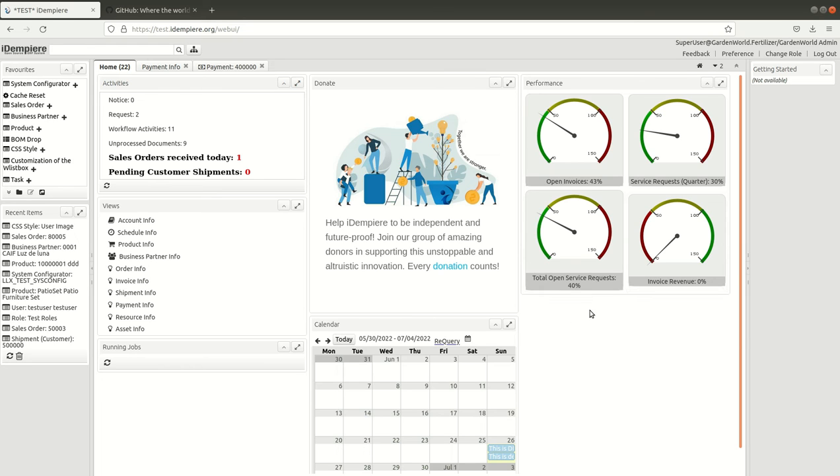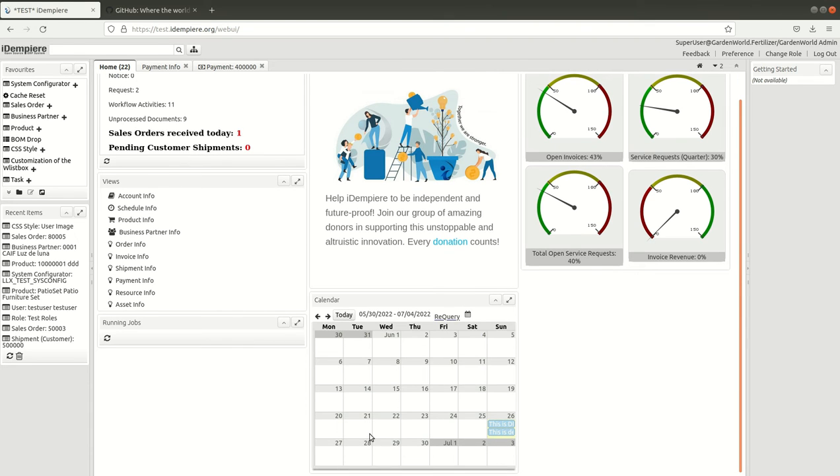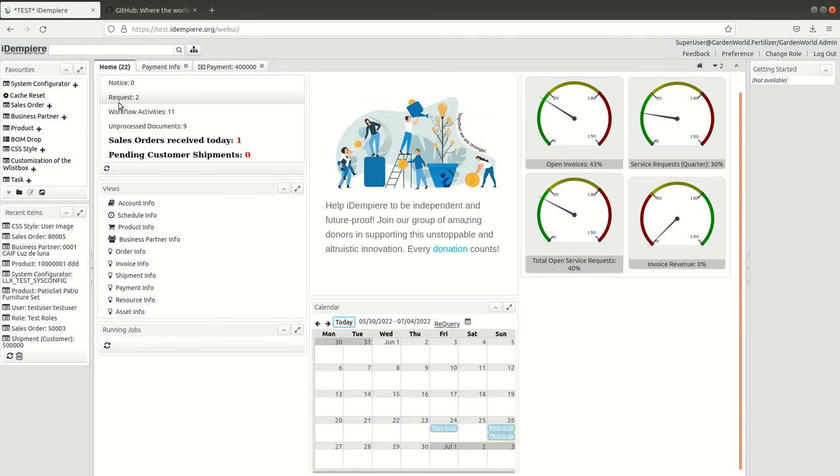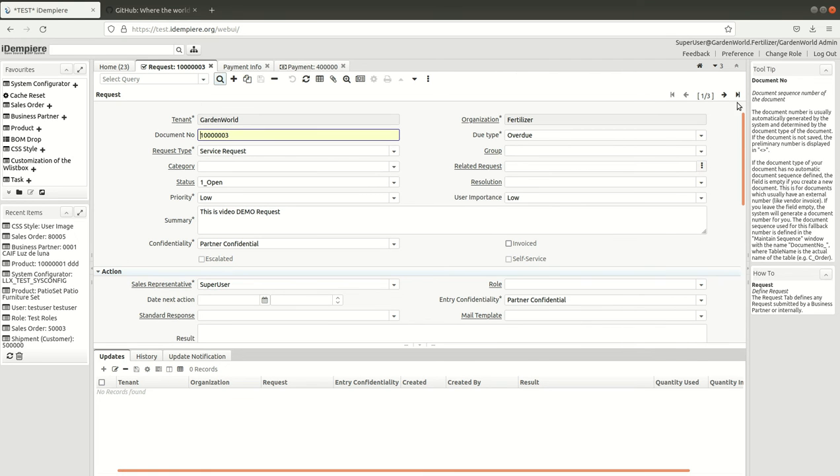Okay, this is a Google Calendar. You can create any event you want to create for a particular date by clicking on it. Okay, like currently you can see 2 requests are available. Okay, I am creating another request. This is video demo request. Okay, and on save, you can see request currently 2. On refresh requery, it will be 3. Okay, on clicking on request, you can see all 3 requests here.